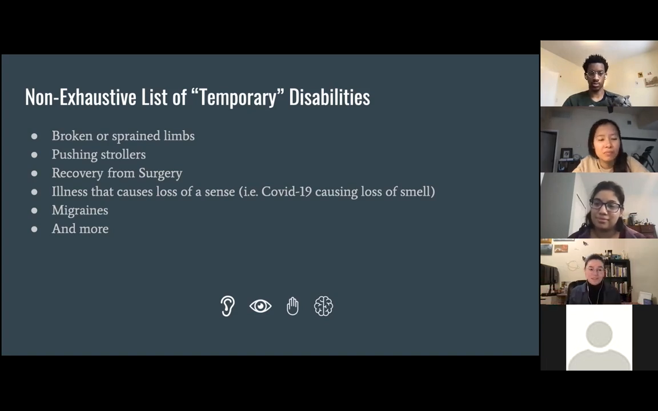And even COVID disables people. Both of my roommates lost their sense of smell and taste. And they've even said you take for granted what you can do until you can't do it anymore, even if it's temporary. So I have a question about what's the difference between